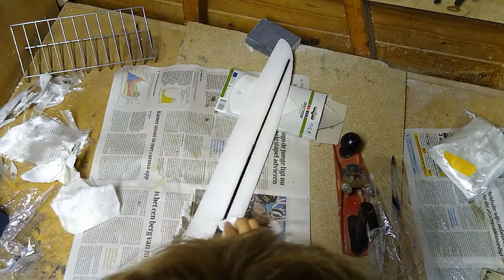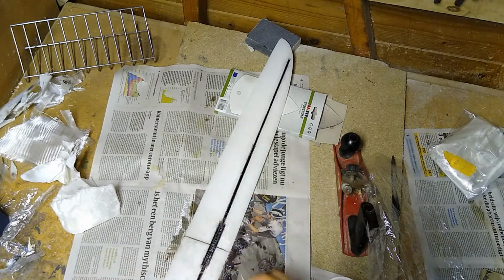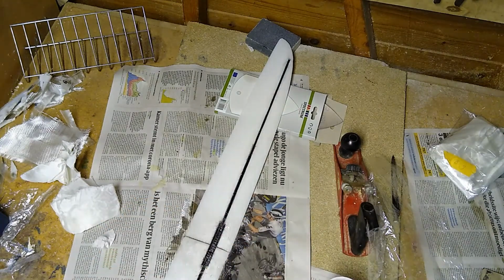Okay, there isn't much more epoxy coming off, so we're pretty much done here. This 80 gram glass fiber is really rough weave, so this is more like a sort of shear web than a true wing skin. It's really rough, so we'll be glassing over that with the fine 50 gram glass later. We'll just let this set up until it's tacky, and then we'll get to glassing the rest of the top of the wing. And with this glass over the top and the bottom, this should become a nearly indestructible wing